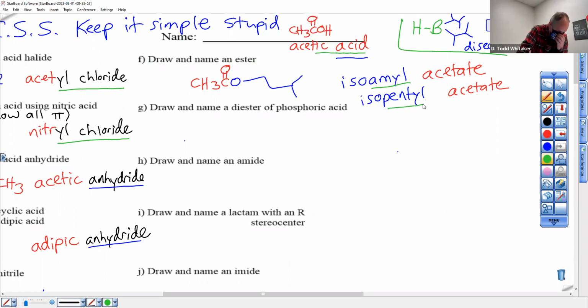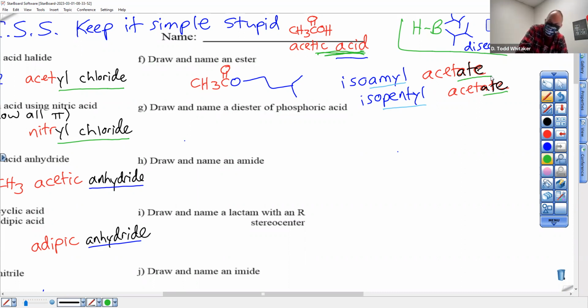Okay. So what did we do to the name of acetic acid to make it into the ester name? The green underlining is unfortunate. I'm going to get rid of it, just to make it a different color. That was just to show you amyl and pentyl are synonyms. Acetate should have been in black. It's new. So what did you do to the end of ic acid? The ic acid became ate. That's the fate of the acid.